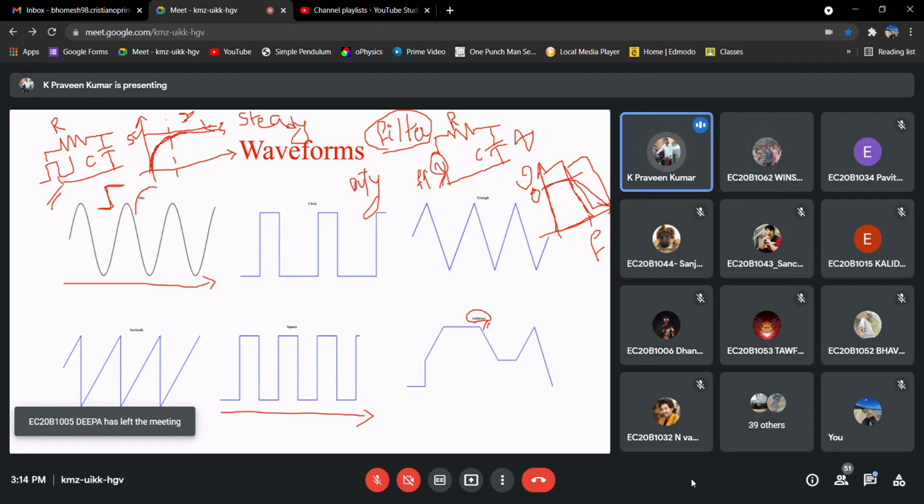Then how can I observe whether it is being attenuated or allowed? Whatever voltage you are giving, it will simply charge up to that point, lie there and show that value. So we can't observe what frequency components are being allowed. That effect we can't observe if you apply this sort of signal.